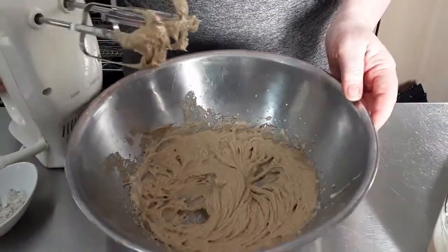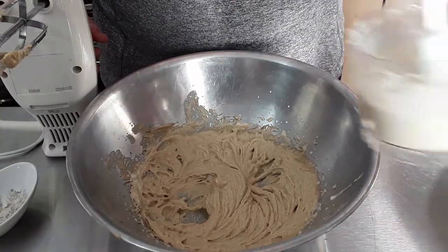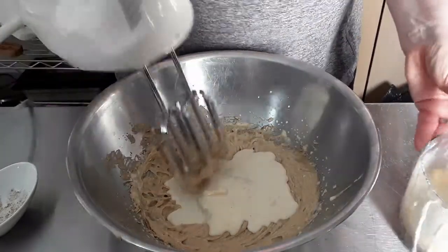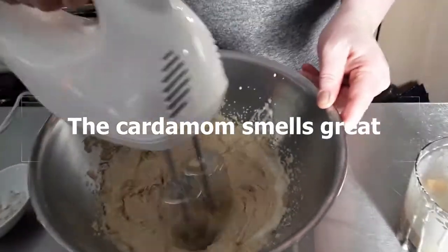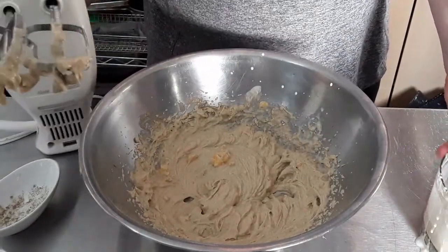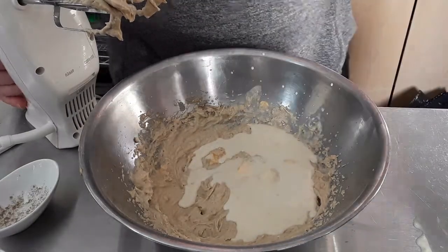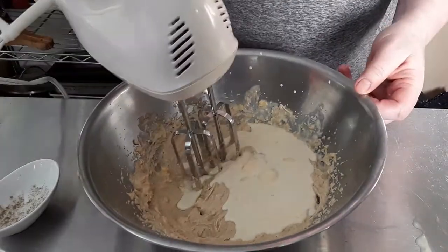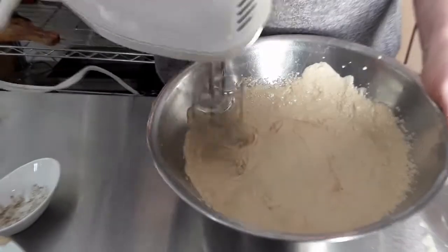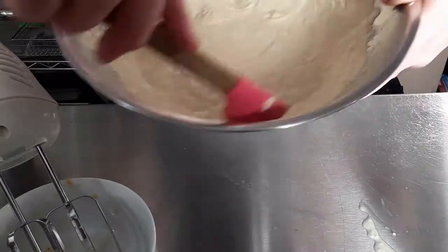It's important with these types of things that you go in layers and you go in steps. You don't want to do it all at once. So I believe in using thirds. So we did one third. There's another third. And get the last of the last third out there. One more time. We've aerated it,